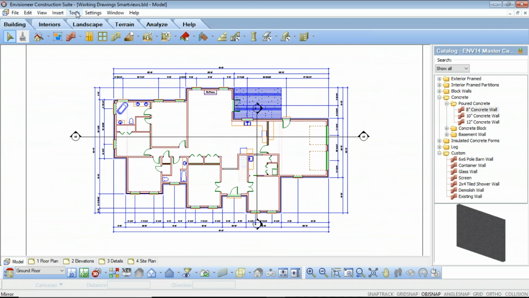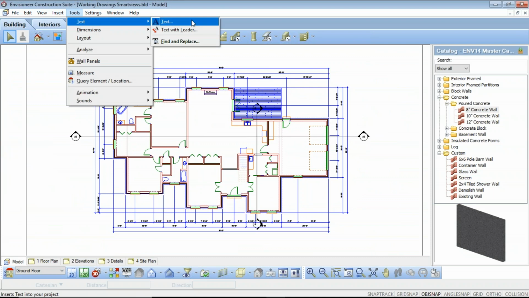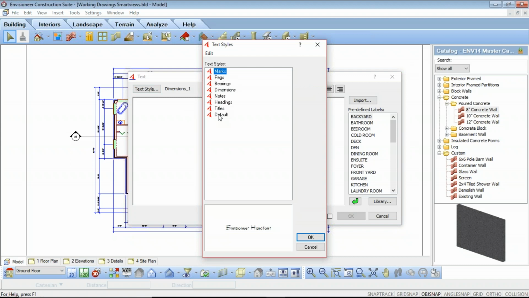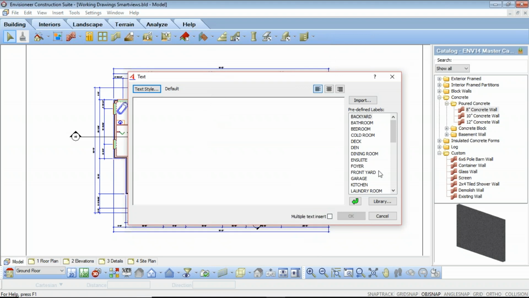If I want to add in text, I would go into Tools, Text, and Text. And now I can go through and specify the type of text that I want to add in here. We're just going to call this default and we'll say OK. And you can use the predefined labels on the right. And if you're going to be inserting multiple strings of text, just make sure you have that multiple text insert